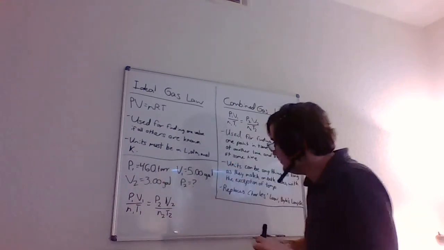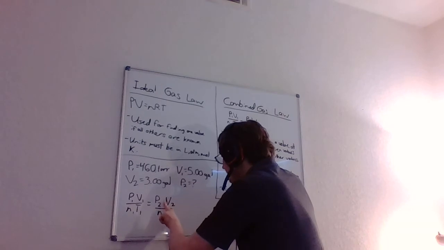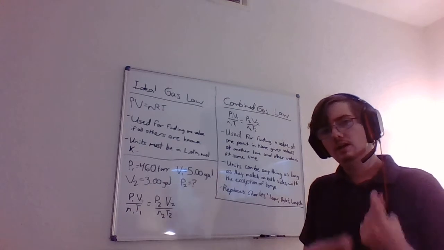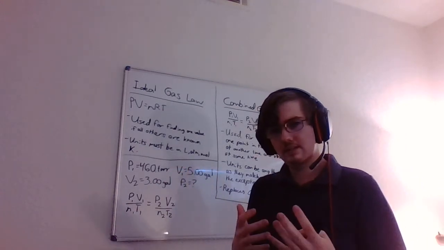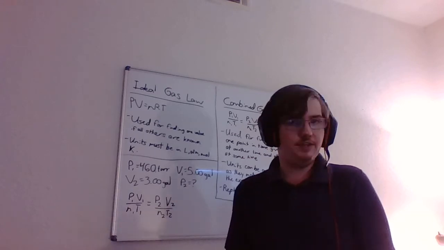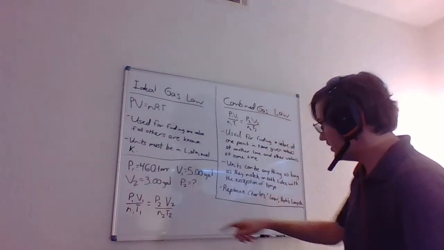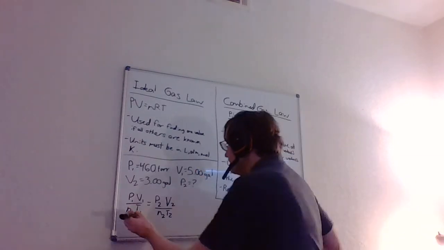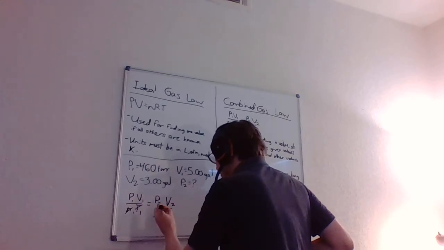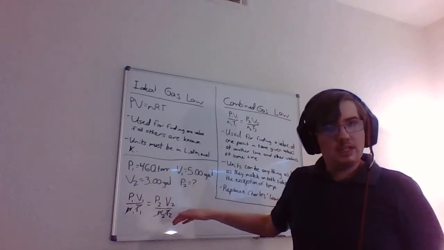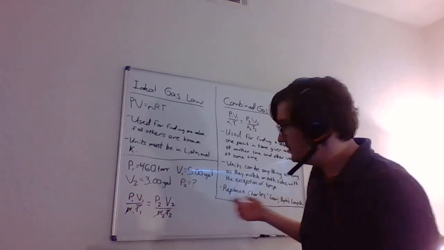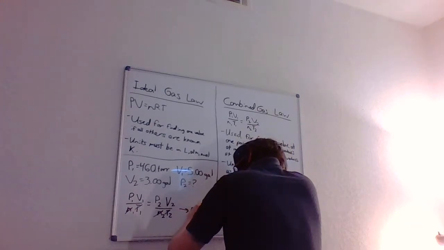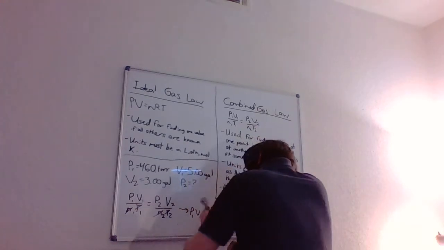Now, another thing I want to mention, it didn't really talk about the number of moles and the temperature. A lot of the times problems will do this. What that means is that those variables aren't changing. Now, if those variables aren't changing, that means that they're the same number as each other. And if they're the same, we can cancel them out on both sides, right? So the temperatures are the same and the number of moles are the same. They cancel out, meaning we're left with just P1V1 equals P2V2. Okay?